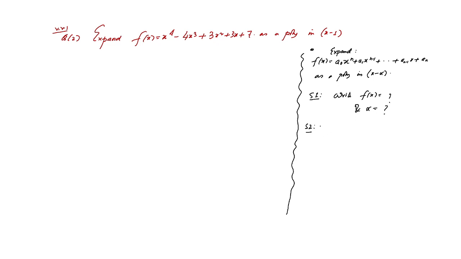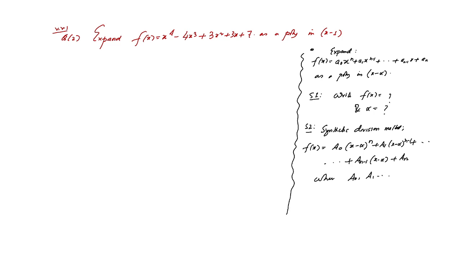Step 2, we'll apply the synthetic division method, and write f(x) equals a0 (x minus alpha) whole to the power n, plus a1 (x minus alpha) whole to the power n minus 1, plus up to a(n-1) (x minus alpha) plus an, where a0, a1, up to an need to be determined